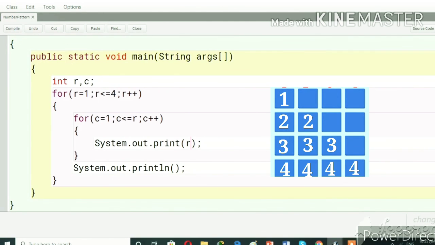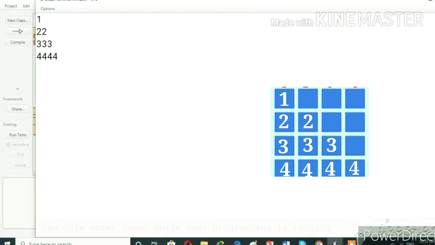When the row is 2, the column will go from 1 to 2, and it will print the value twice, then three times. When the row is 1, it will print 1. When the row is 2, it will print 2. When the row is 3, it will print 3. So let's compile and check the output. See the output, 1 2 3 and 4.